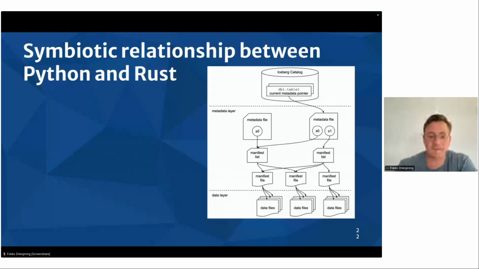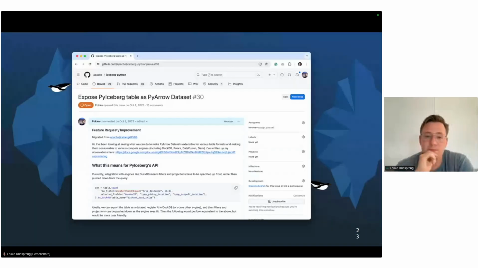This also ties in with another long wished feature from the community. It's exposing the PyIceberg table as a PyArrow dataset. In Arrow, you have the table, which is an eagerly materialized construct, and the dataset is a lazy construct, and this integrates very well with Iceberg. There's a long discussion, also from the Arrow community, about how this should integrate.